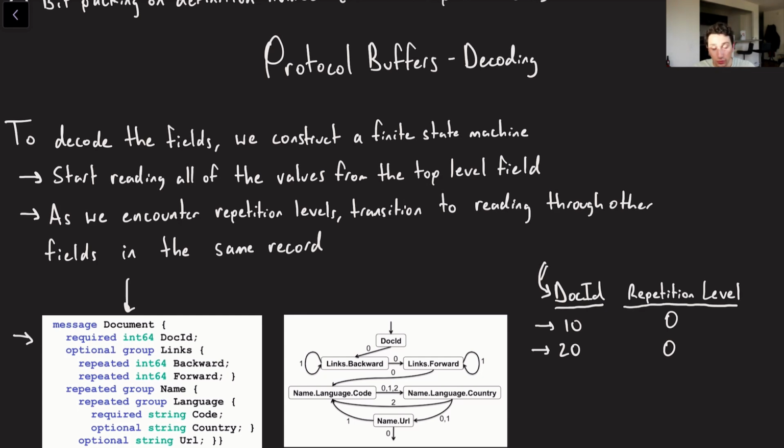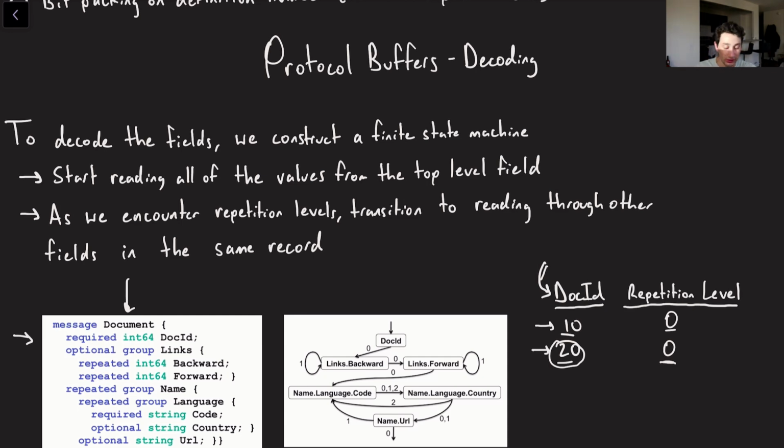Basically, what we're going to do is we read the document ID field, and then we look at the next one. So I've read 10, I see it's 0. And then I look at the next one, 20, I see its repetition level, and I say, ooh, shoot, you know what, that's a 0. That means that this 20 is actually part of a new row in our database table. And so before I go ahead and read that document ID in particular, what I want to do is now start iterating to the other fields in my current record.